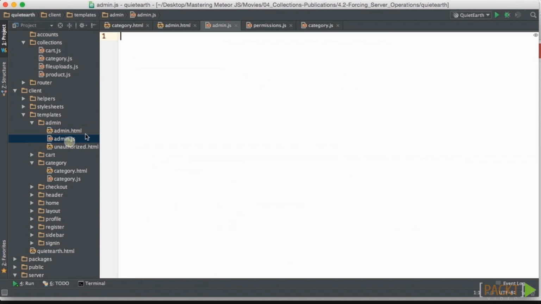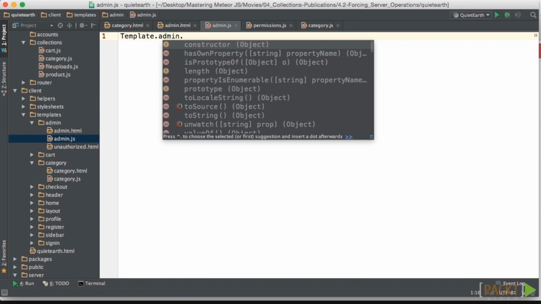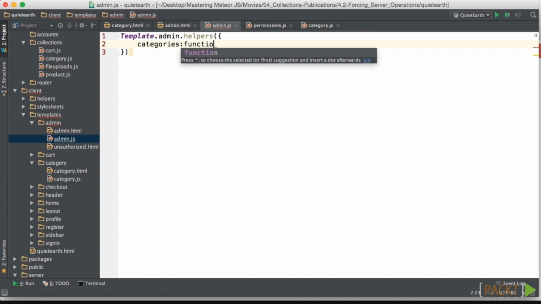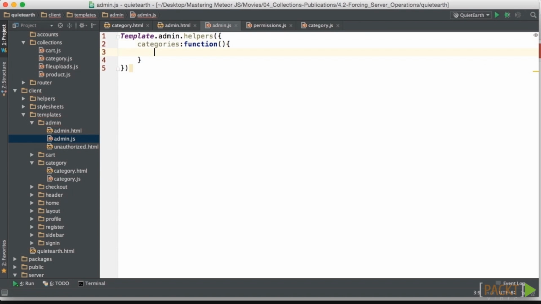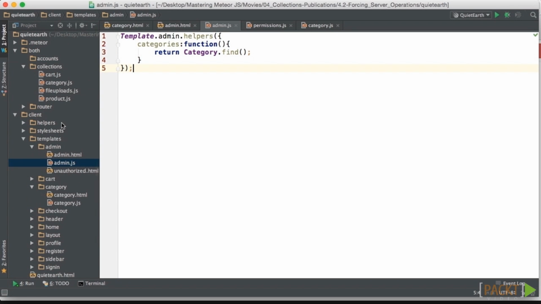So now when we go and look into our helpers, we need to create a helper for admin. Basically we're going to say that categories is the helper, and it should return a Category.find, which basically gets all the categories and displays them in a dropdown. We haven't previously needed the categories on this route, so let's go to the router, and in our route we're